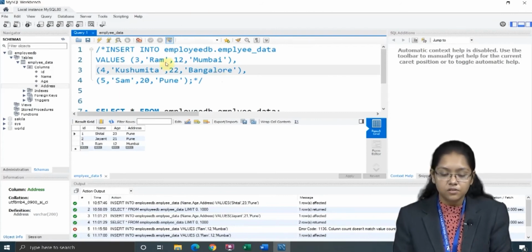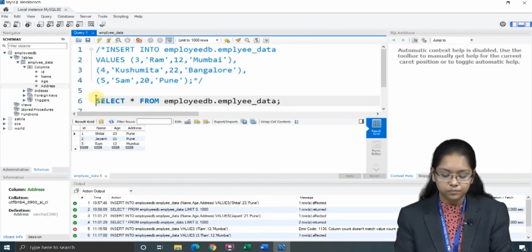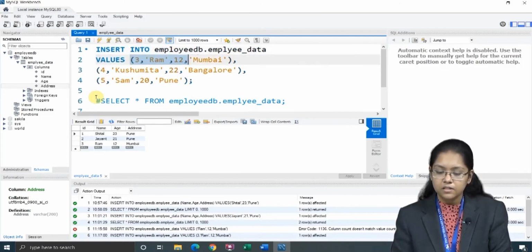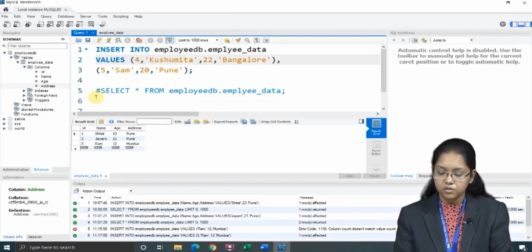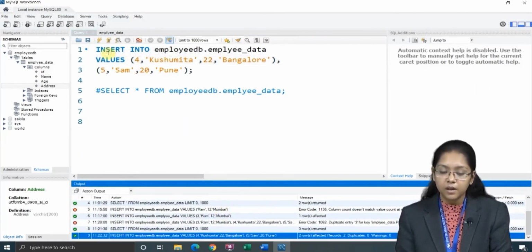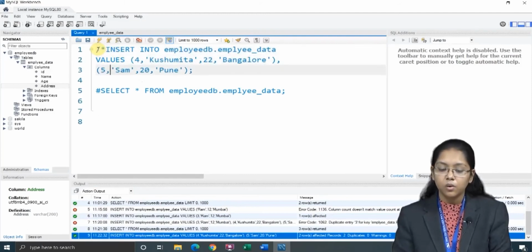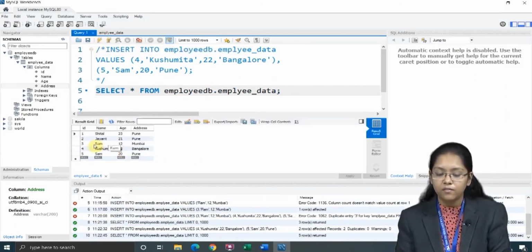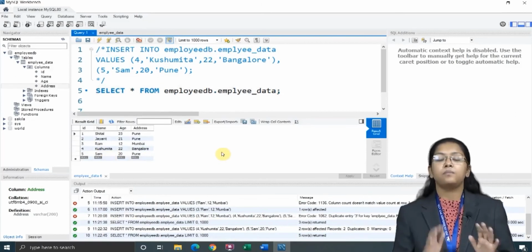Now I will comment this select statement out, uncomment the insert, remove the third ID over here, and start from 4. Then let's see if it shows me any error or not. Now just fire this query. No, right now it is not showing me any error. I will again comment this out and check whether the query was successfully executed or not. So here again, see, 4 and 5.